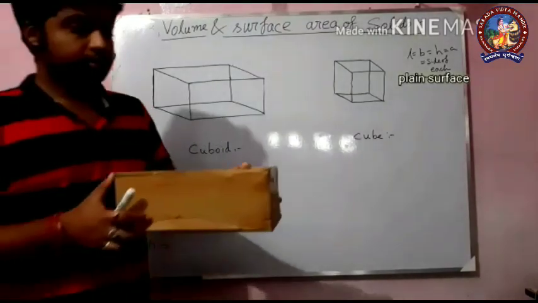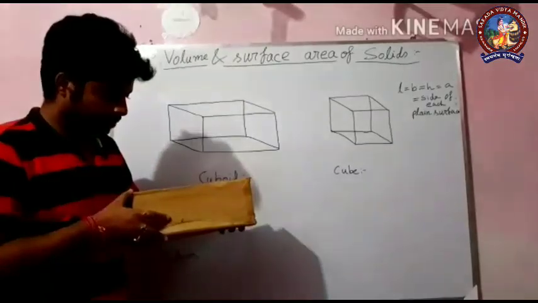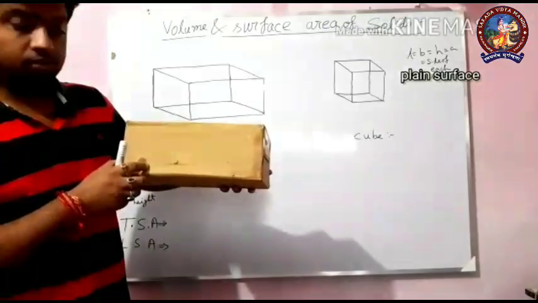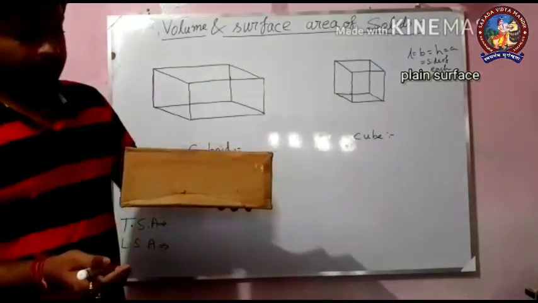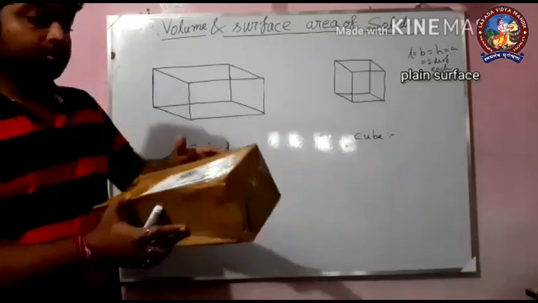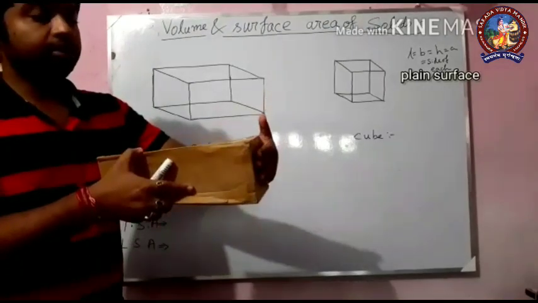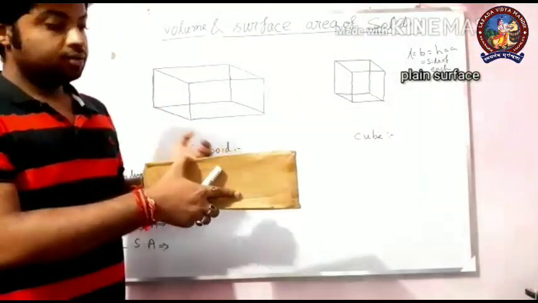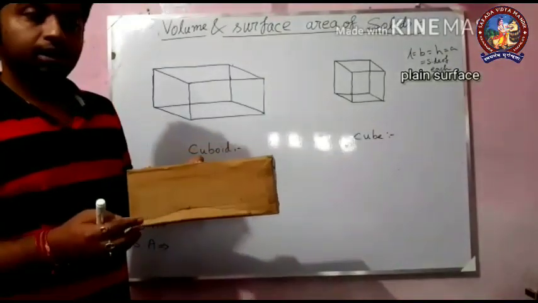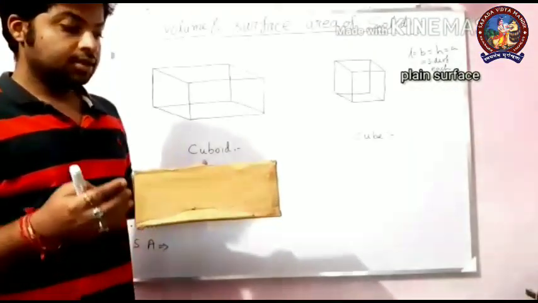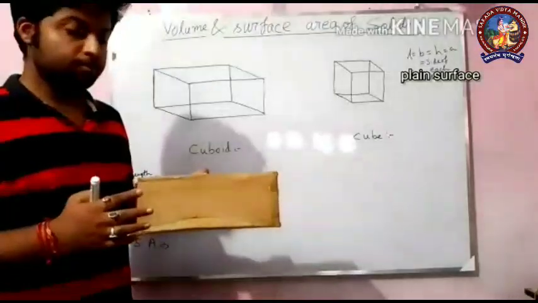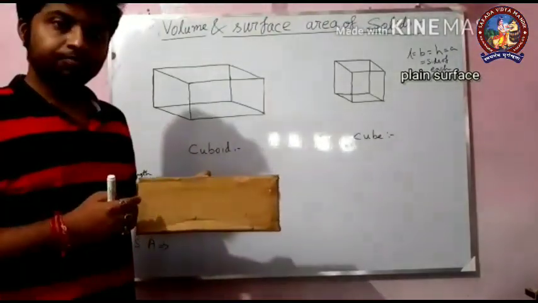Here, see, this is a model of a cuboid. It is a box made of paper, cardboard. Now here these are the 6 surfaces. This is the front face, back face, this is the top face, this is the face at the left hand side, and this is at the right hand side. So a total of 6 faces are there. And here I am talking about the faces or surfaces. They are actually plane surfaces, not curved surfaces, for cube and cuboid.